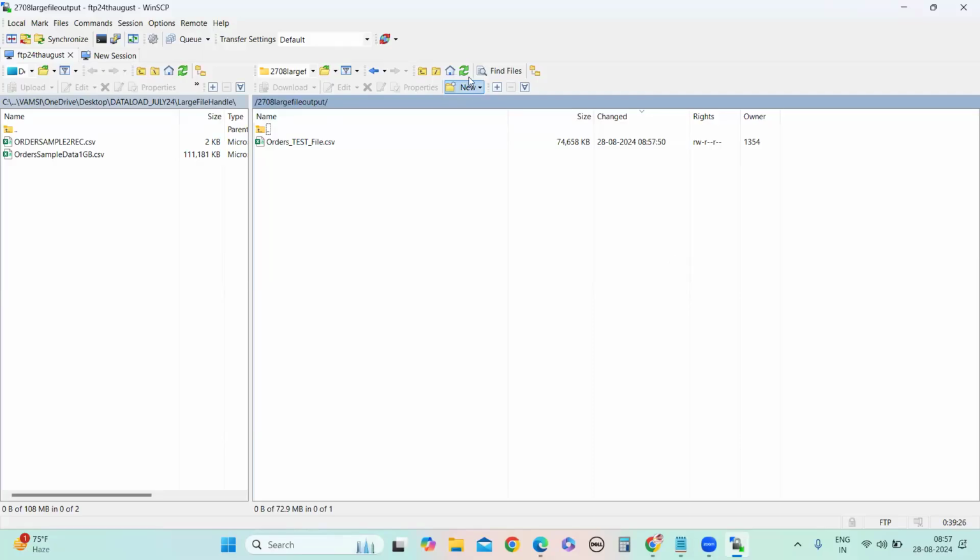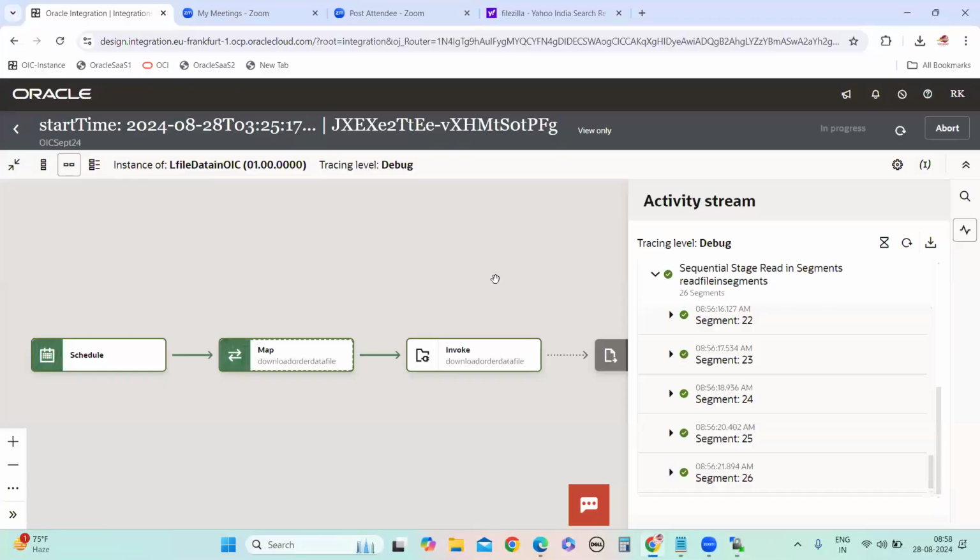Okay. Excel, that problem is there, but CSV, I don't think that problem is there. Is there any maximum limit? Maximum limit for CSV or OIC you are talking about? Max limit, CSV and OIC. OIC will accept 2 GB, more than 2 GB it will not accept.